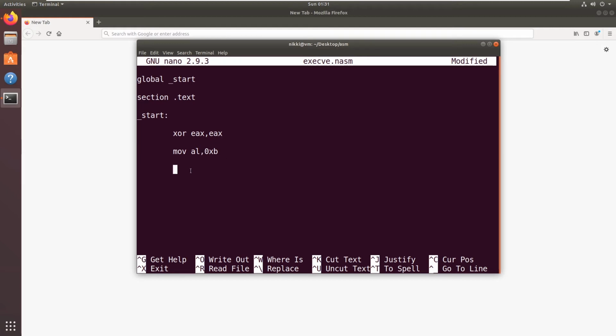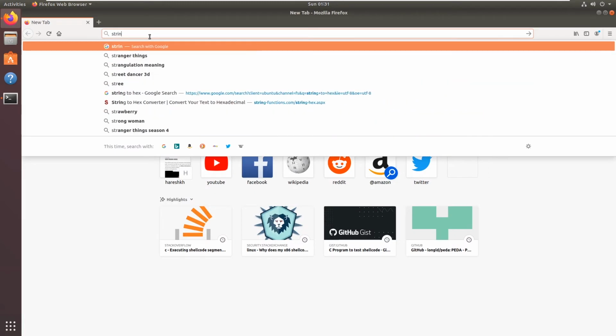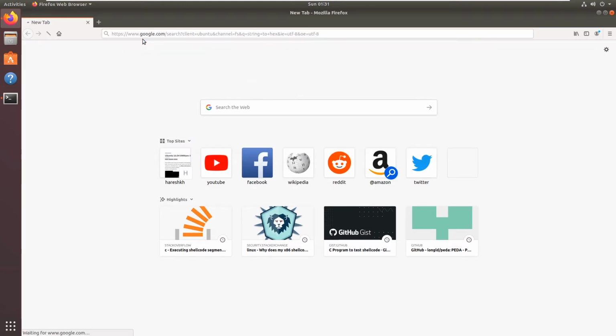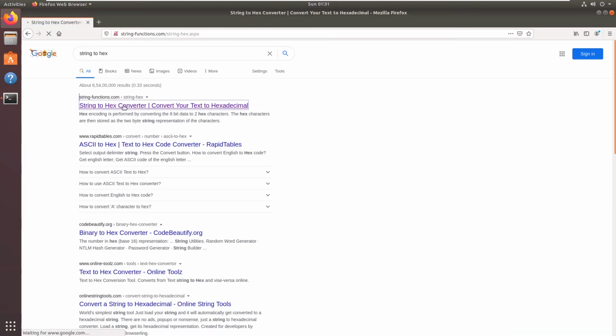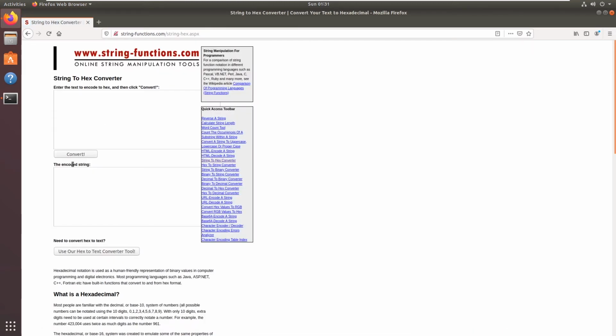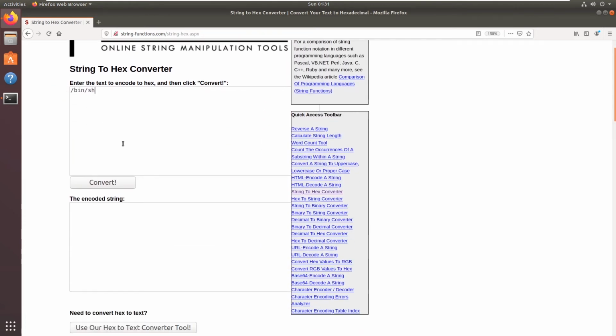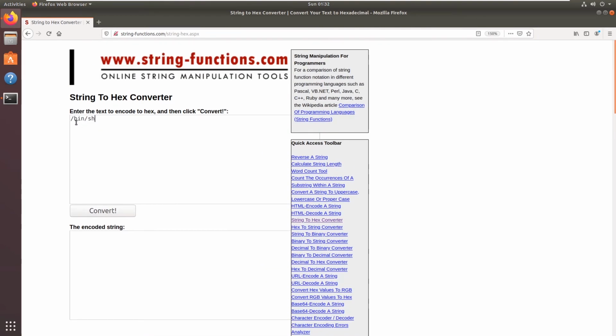To push the second argument, we need to convert this /bin/sh into hexadecimal format. Now open your browser, type string to hex, go to this website, and enter the string. It will convert to hexadecimal format. I want to type /bin/sh, and one thing you need to notice is to first count the number of characters this string takes. 1 2 3 4 5 6 7.